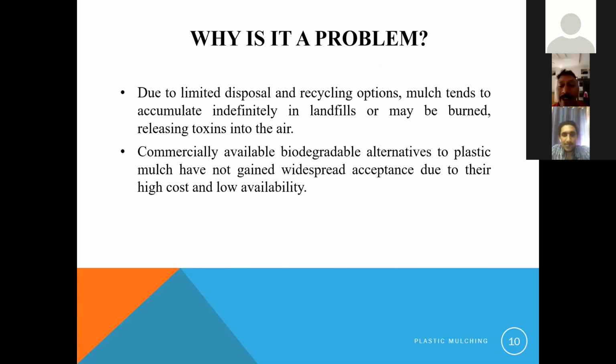If heavy rain is there, yes sir. If heavy rain is there at that time, is this process used? Yes sir, because the rain will not directly hit the soil because of the plastic laid, because the plastic mulch is laid on the soil so that it will not damage the soil.